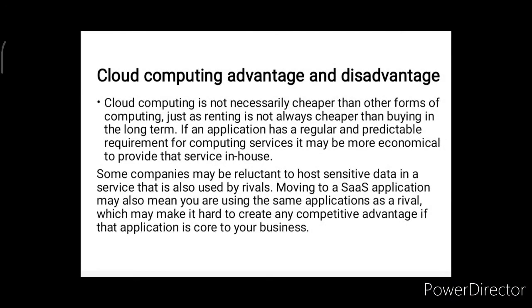Cloud computing advantages and disadvantages. Cloud computing is not necessarily cheaper than other forms of computing, just as renting is not always cheaper than buying in the long term. If an application has a regular and predictable requirement for computing services, it may be more economical to provide that